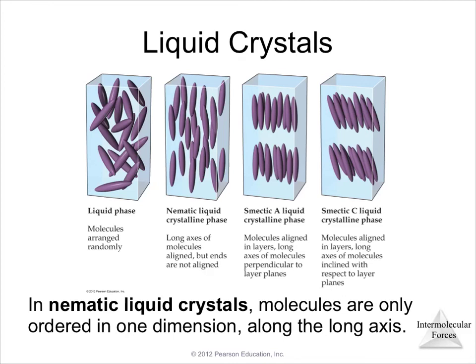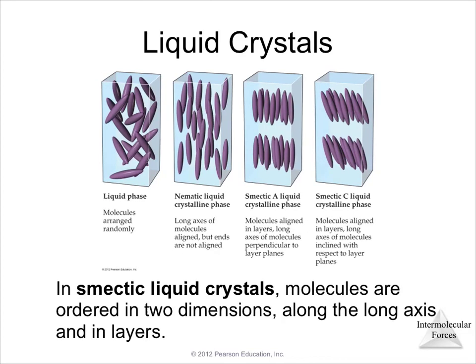Okay, so the last couple slides, guys, are just talking about the nematic liquid crystalline phase, smectic A, and smectic C. In nematic, again, they're just ordered in one dimension, on that long axis. Their ends are not all aligned, so we still have a little bit of disorder. But in smectic liquid crystals, our molecules are starting to layer up. In smectic A, they're not at an incline at all with respect to a layer. Instead, we have them perpendicular to their layer plane. But in smectic C, we see